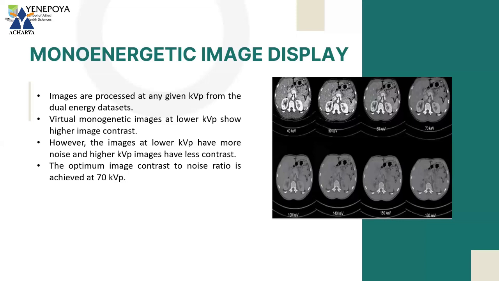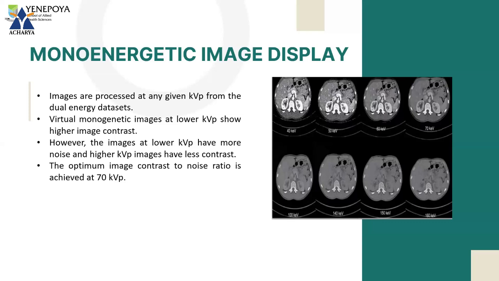So virtual monoenergetic images: it will take in the data and reconstruct all the images at different kV. Once the image is reconstructed at a lower kVp, not even 40, say 40, 50 or 60, any kV, it will have very high contrast. The contrast difference between the structures will be very high when you are seeing the low kV images. So, because of this, if you are going to give the contrast media,